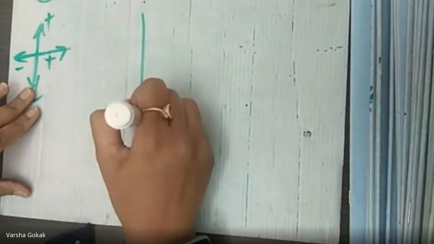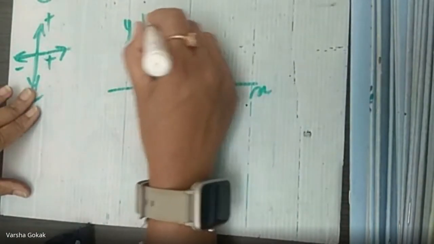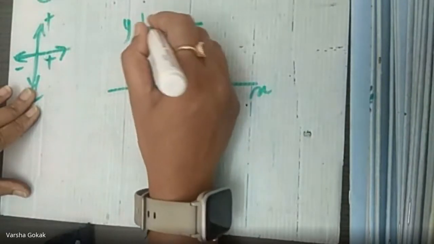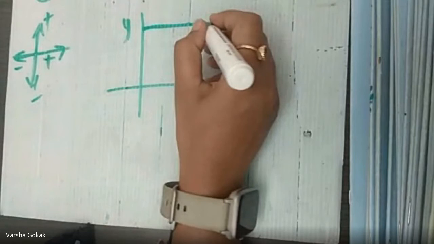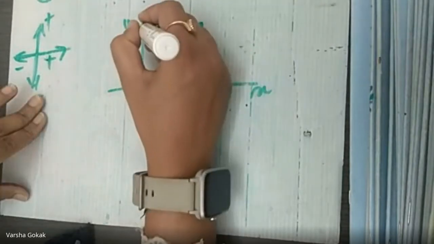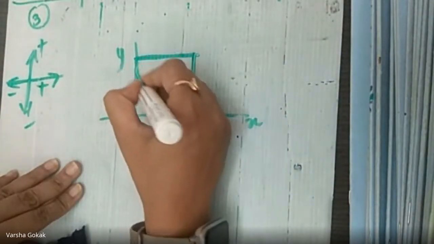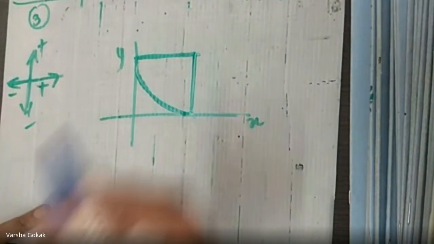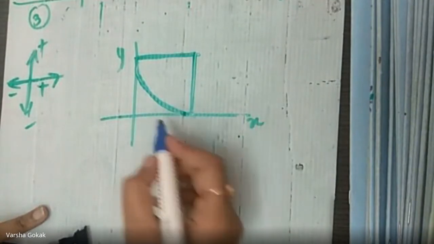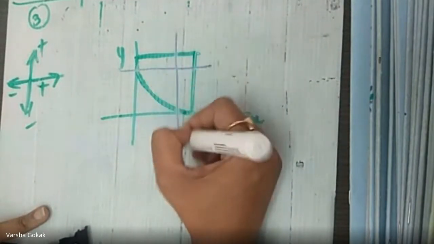Now I'll give you one more quarter circle. Tell me its x bar and y bar, okay? This is your x axis and this is your y axis. He gives you a diagram like this. We want the x bar and y bar in this case. First, when you get a diagram like this, and he has mentioned this is x-axis and this is y-axis, locate or draw the CG first.